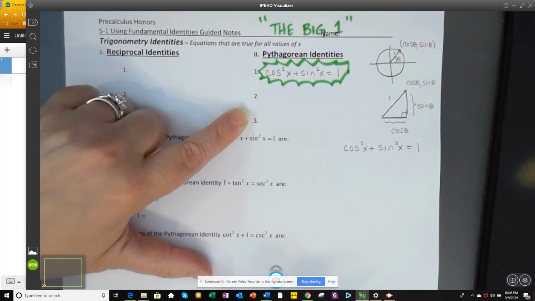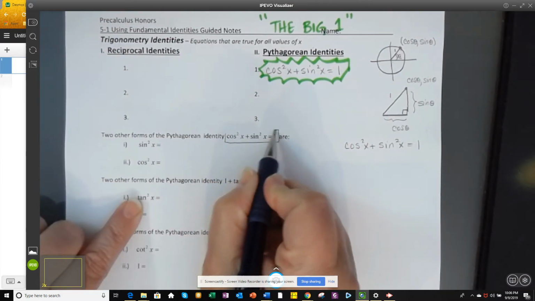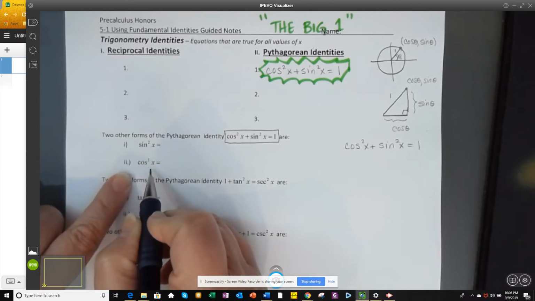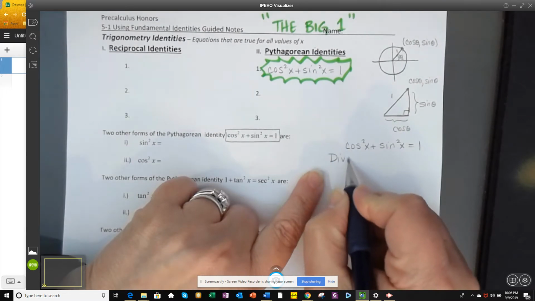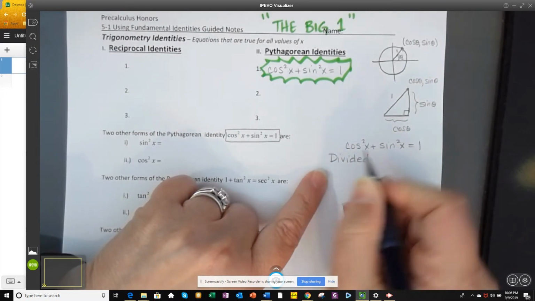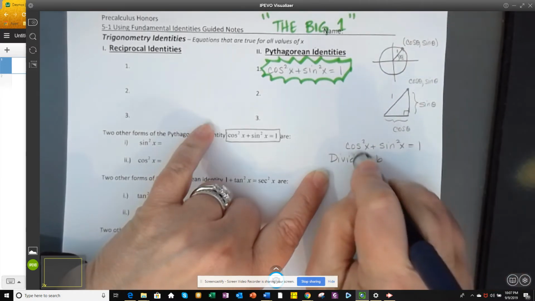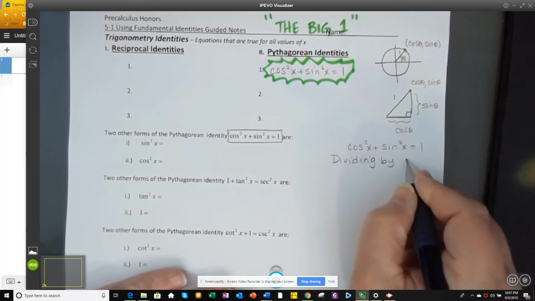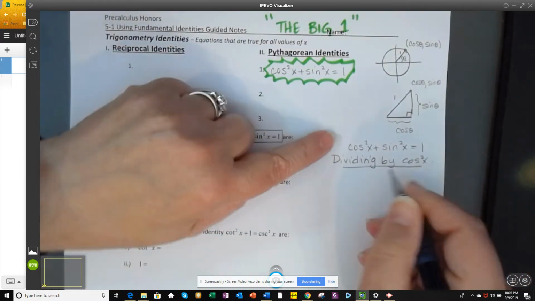equals 1. And I could, using this right here, solve for sine squared x. Or I could solve for cosine squared x. But we're going to talk about that in a minute. But what if I decided to do this? What if I divided the big one by cosine squared x? Let's say I took the big one and divided by cosine squared x, which would give me